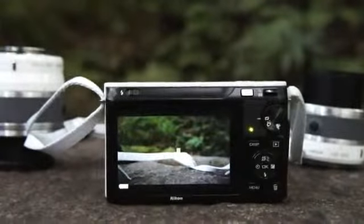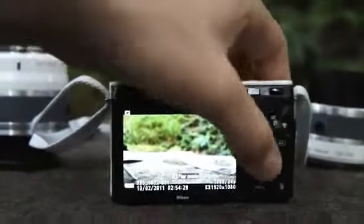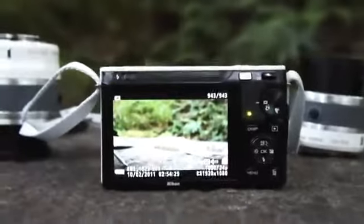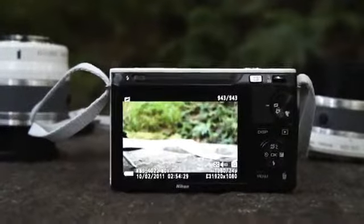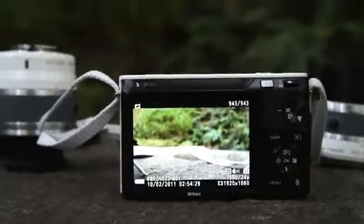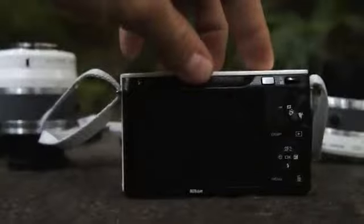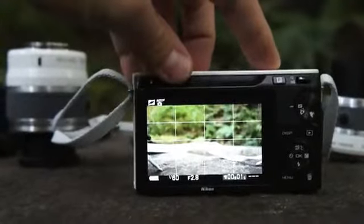So it's going to show that it's processing, and then when we go to play it back, you can hit OK to play the movie, and it's going to play this back as a video with sound, and then it'll show the still photo. So obviously with a stationary object or subject, it's not really going to give you the full effect. But when we move the camera while shooting,